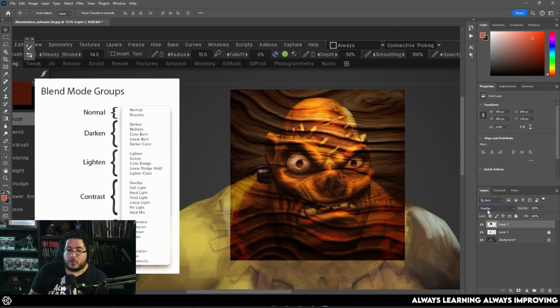But if we go to overlay, what's going to happen here with overlay is that it will multiply these colors, or the elements of the object. It will not replace the original values, okay? So the original pixels that we have will not be replaced, but rather they're going to be multiplied either higher or lower, depending if the image is lighter or darker. They will be multiplied to get a blend of both of the elements, okay?